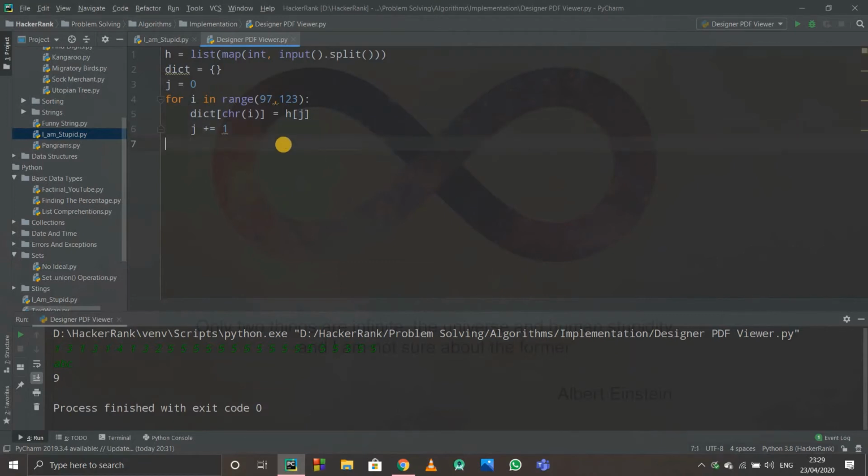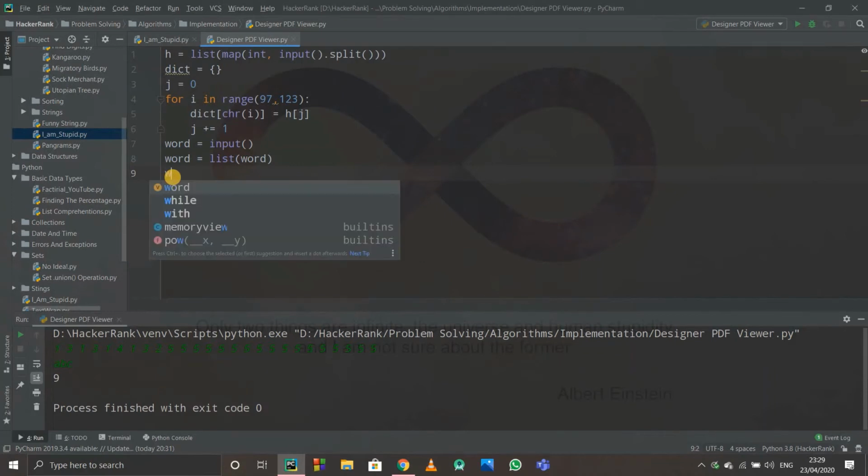After that, I will take the input of the word. It will be a normal input because it is a string, and I'll convert this word into a list. I named it word again, so that it will be easy to understand.